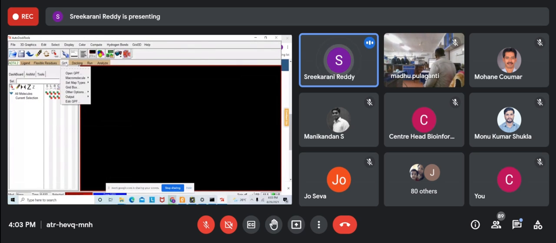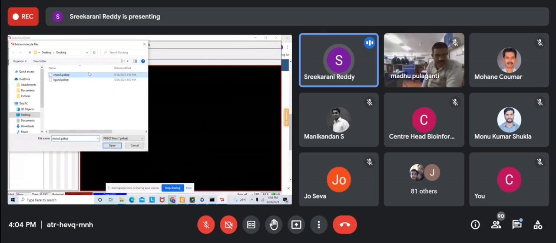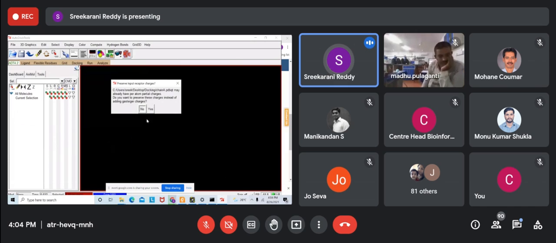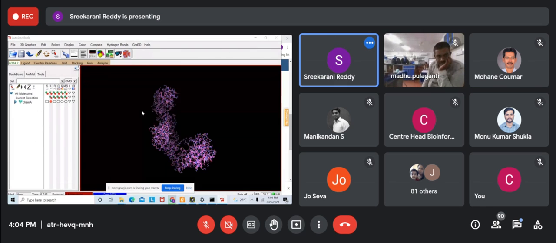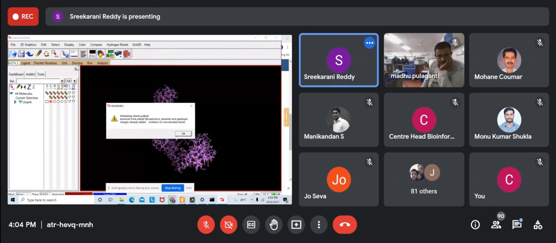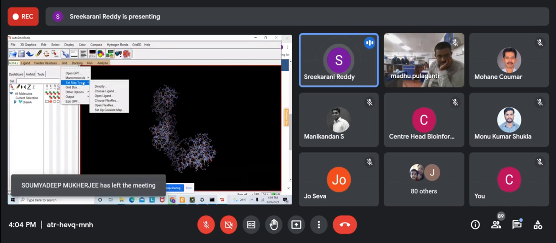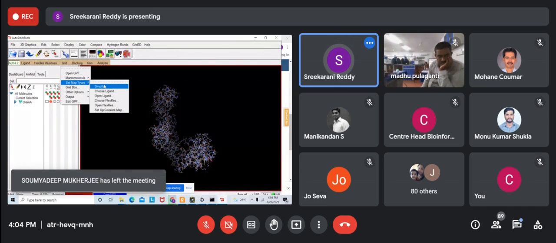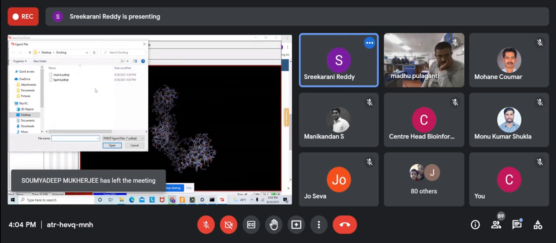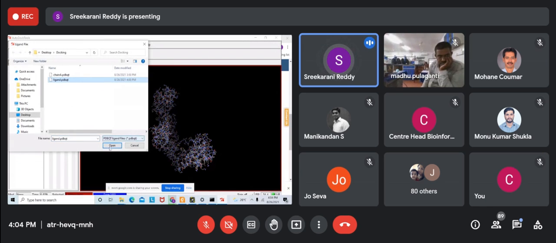There is an option: grid, macromolecule, open. Chain A.pdbqt, which I saved during protein preparation, and I'm loading it here, my ligand also. Go to grid, set map types, open ligand. Ligand.pdbqt, open.